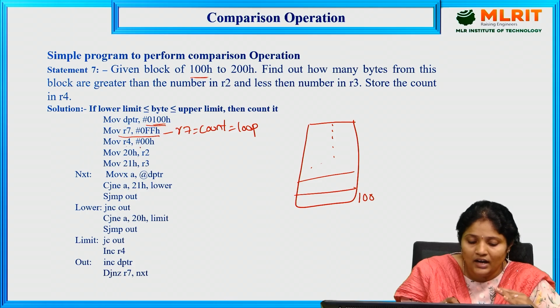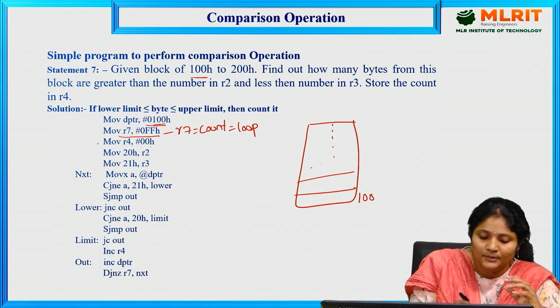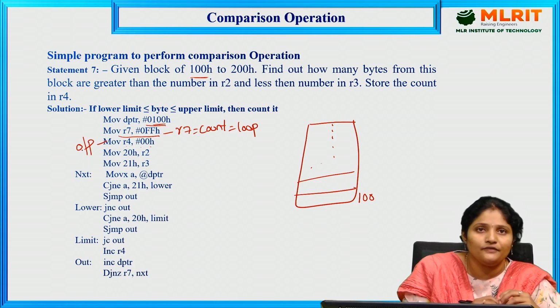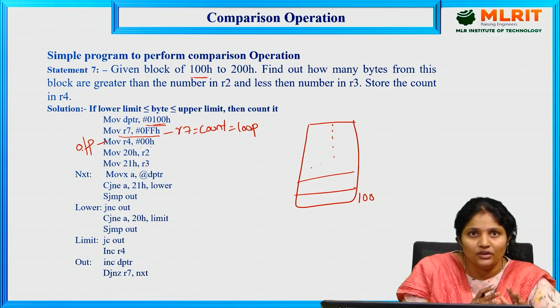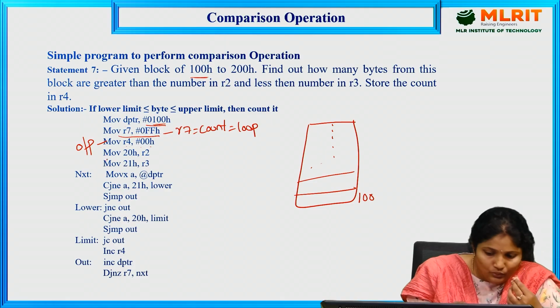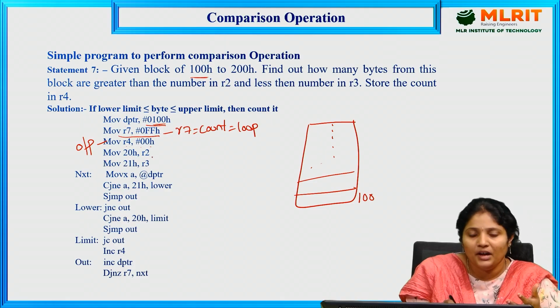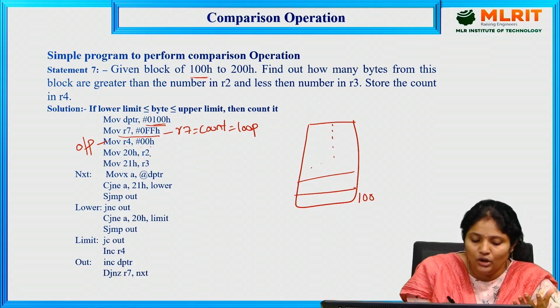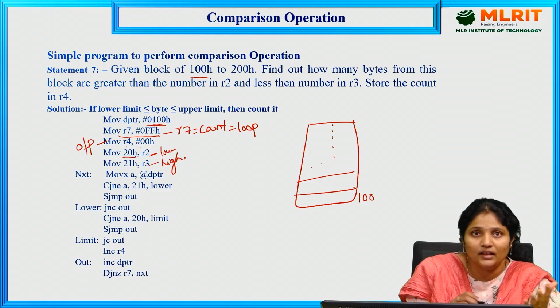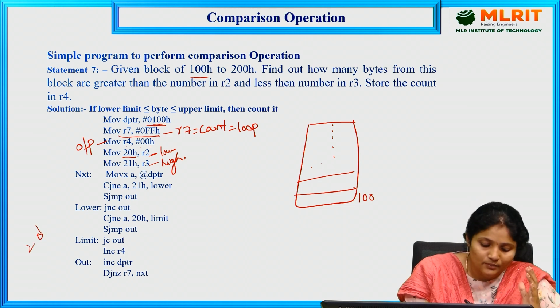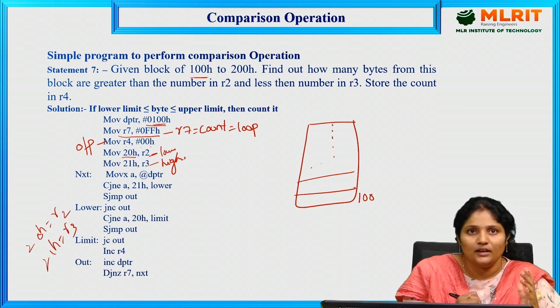Now, move R4. We are keeping the output in R4, so I'm making sure it doesn't have the previous value; I'm clearing it. And with move 20H comma R2, I am keeping the lower limit. This is the lower limit and this is the higher limit. I am storing the lower limit in address 20H and the higher limit in 21H. So now